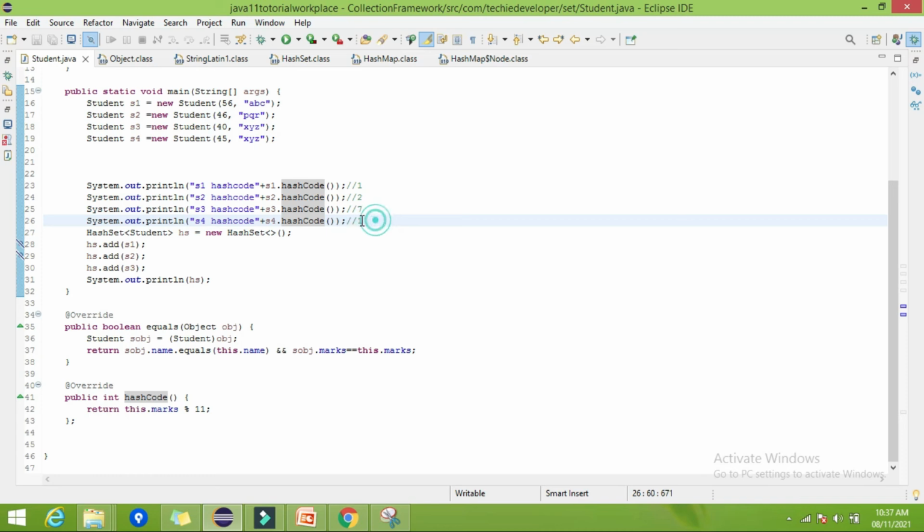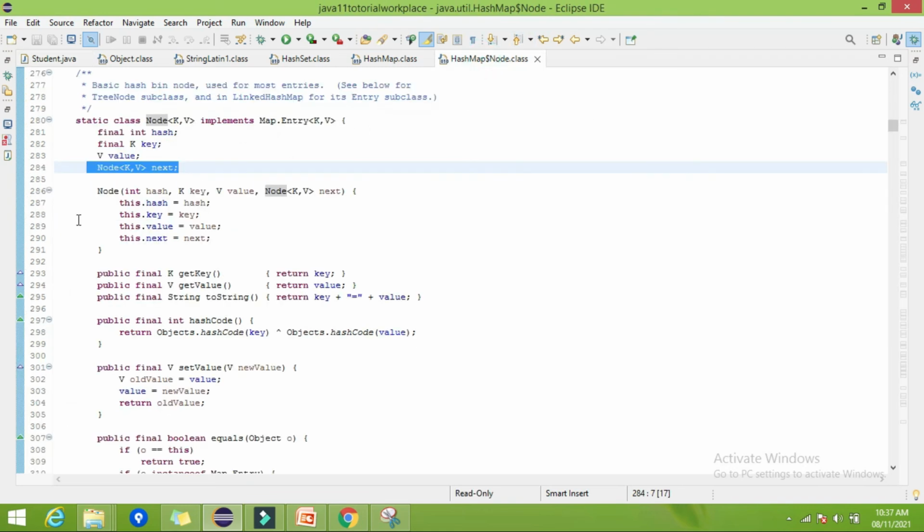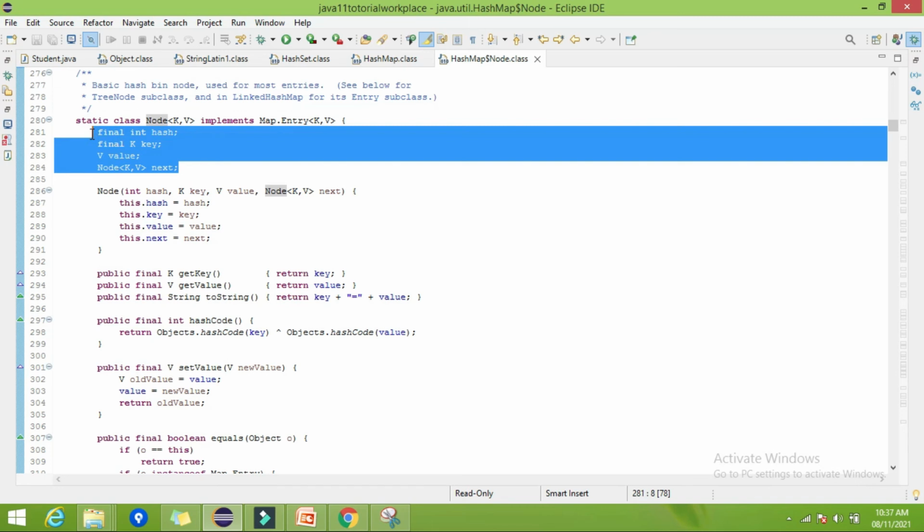Here the hash code is the same but the keys, that is student objects S1 and S4, are different, that's why it will not override. It will simply put another node next to the already available node, means it will put S4 next to S1 and will create the reference from S1 to S4 like here, next. Okay, so that is how actually the hash set works internally.